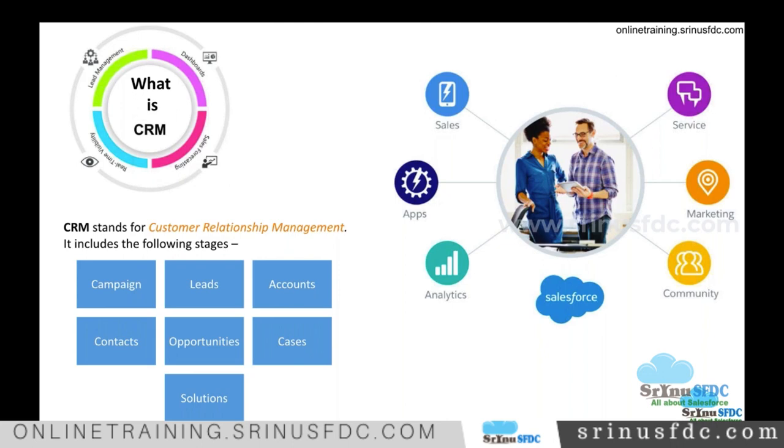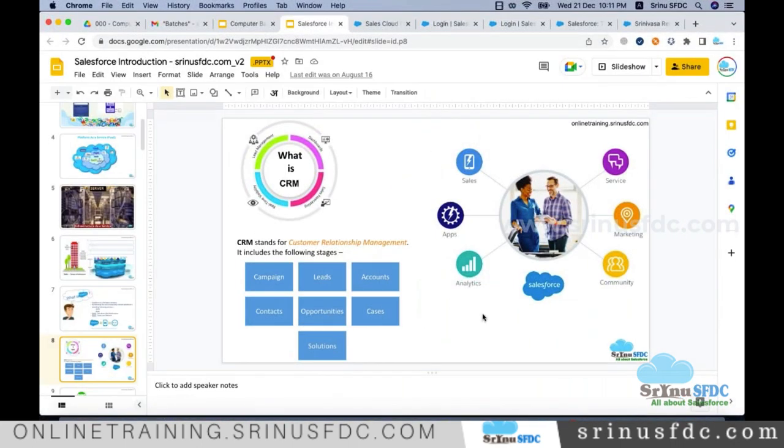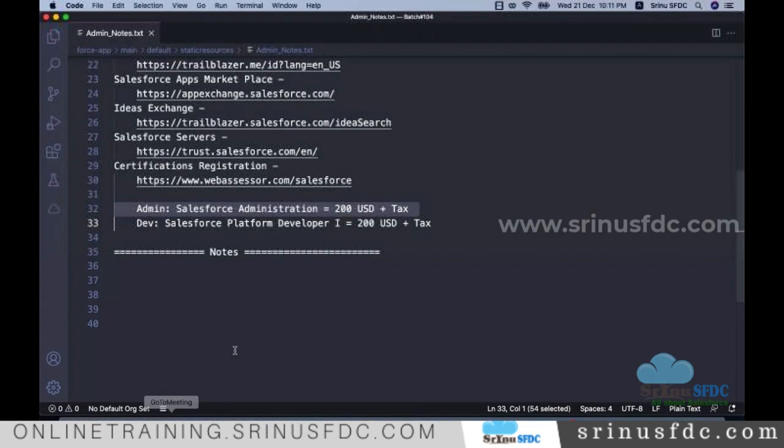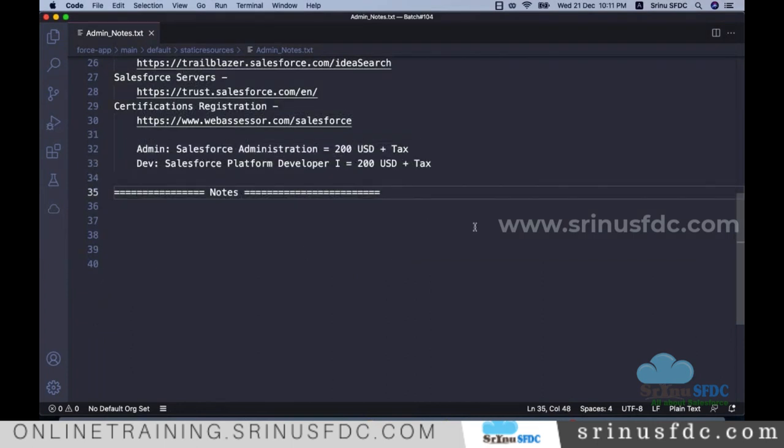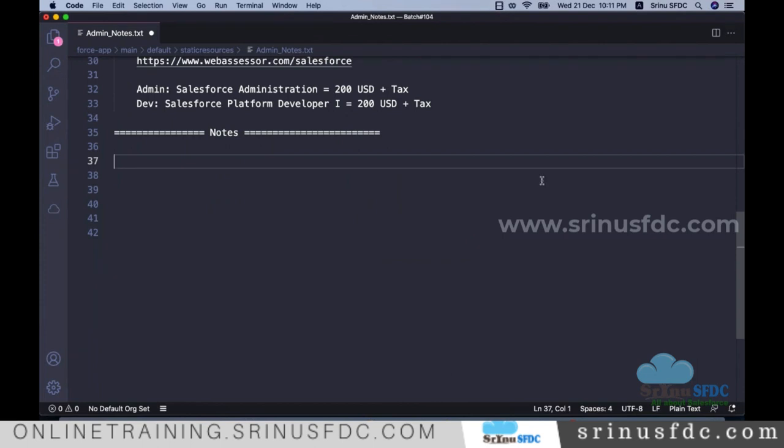Okay, so why do we need this? Why does any company, right? This is mainly for companies. So why does any company need CRM? What is the purpose? Let's try to understand. Okay, so let's take any company, for our understanding, on a day to day basis. Think about any company, right? They need CRM. For example,